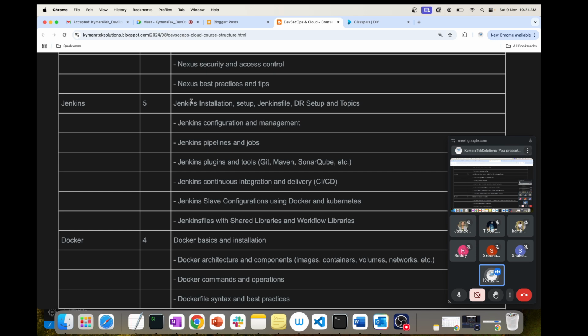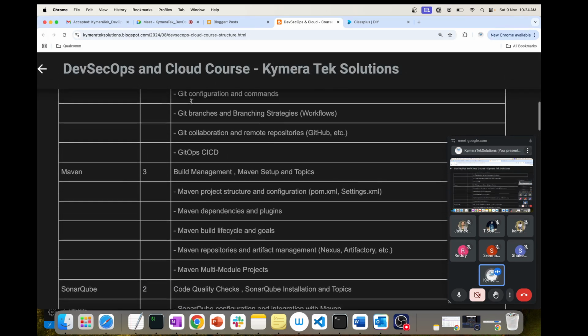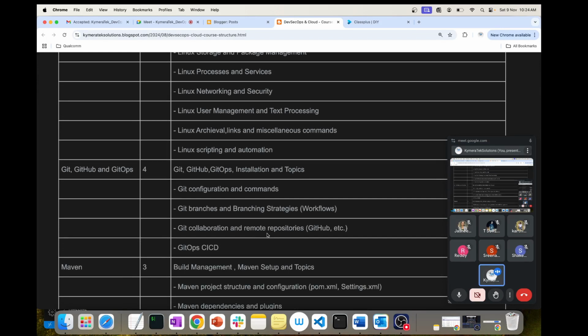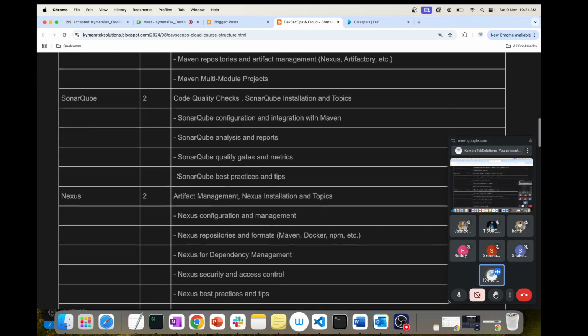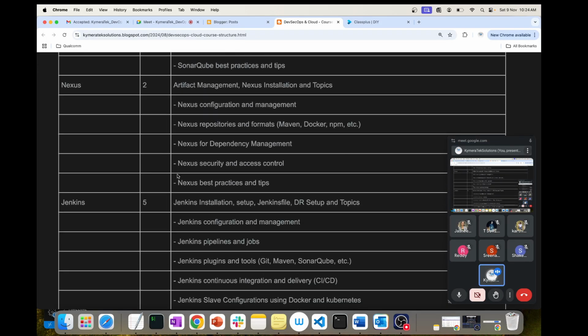So we will see the installation, setup, Jenkinsfile writing, shared libraries. And the advantage that my course gives is based on the branching strategies that I have described in the source code management section. I will use the same setup.